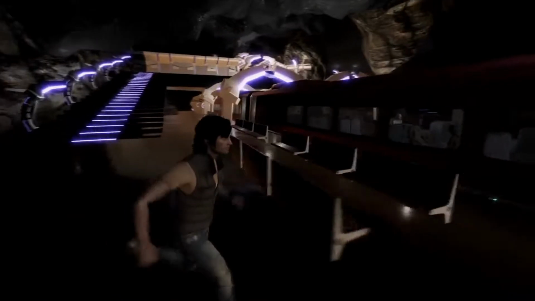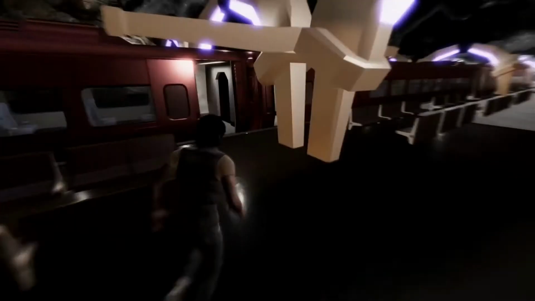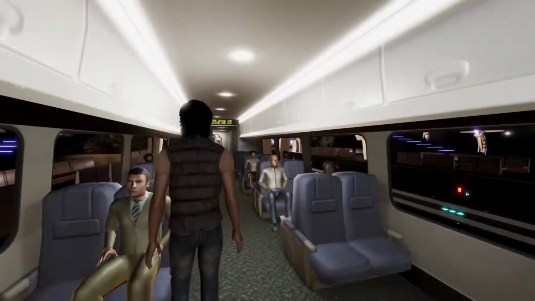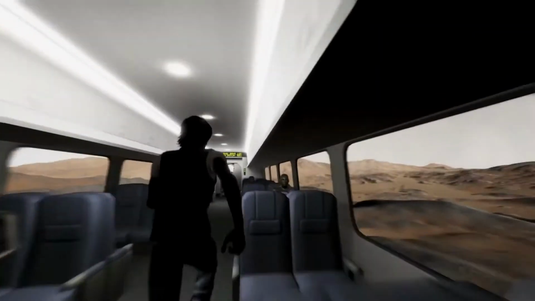As you can see here, it's still empty. There are not a lot of NPCs, but we do have some NPCs inside this train. They're just passengers. We just use a rough, crude model that we quickly put in there as a placeholder. So here we are in full scale. We are traveling